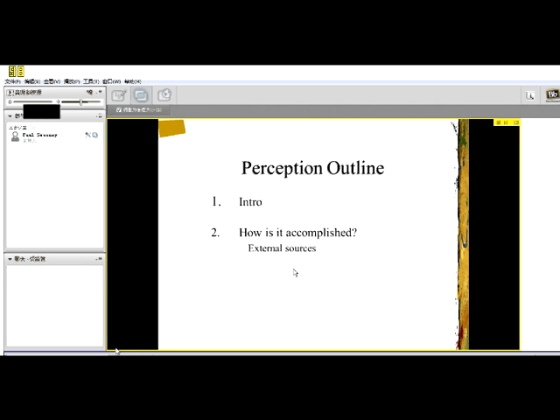So those are the external sources. Sometimes just the way the environment is set up can influence and draw our attention to something. All right. So we know a good bit about those. Those are easier to study. The more insidious things, but the more important ones, as is often the case with humans and in life, the things that are harder to get your fingers on are the ones that are most important. And that's true about perception too. So often internal sources, the way we take information in and then play with it or organize it, are a more common way perception is accomplished.